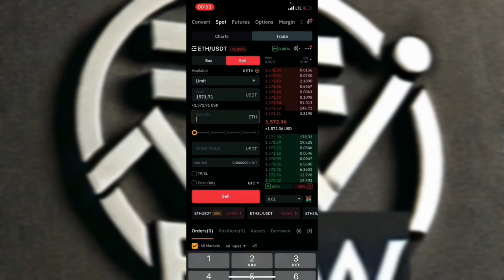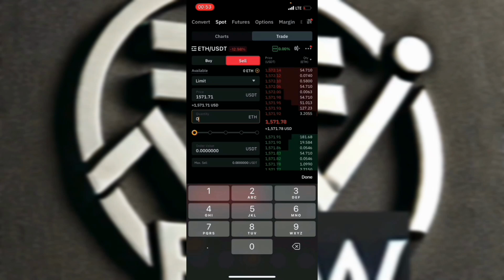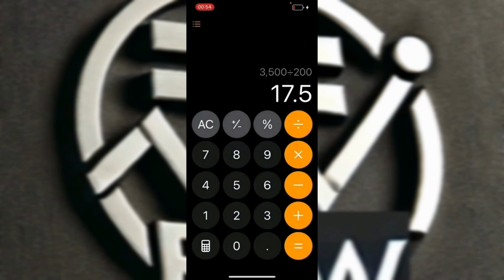So we're going to be selling a quantity of 0.64771 ETH. And as you can see here, guys, we're going to be getting a total cashback of $1,018. So if we subtract our capital from our total cashback, that will be $1,018 minus $1,000. And as you can see, guys, this is $18 per transaction, and the reason we're getting this $18 is because we're using a reasonable amount of capital